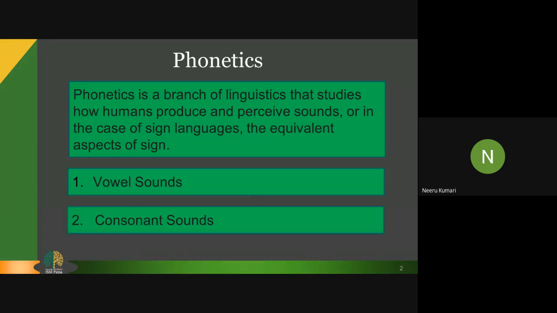Whenever we talk about pronunciation, pronunciation is directly connected with the sound of that particular language. That is the reason why this slide shows that phonetics is a branch of linguistics. That means it's a study of a language. Say, for example, right now I'm using English, but all of a sudden, if I shift my language from English to Hindi